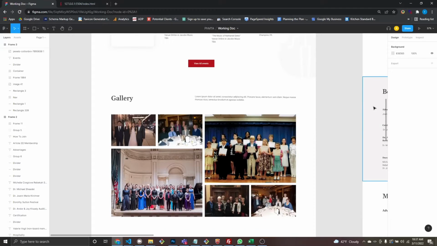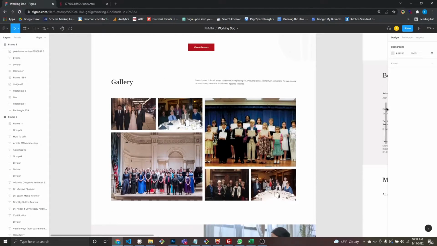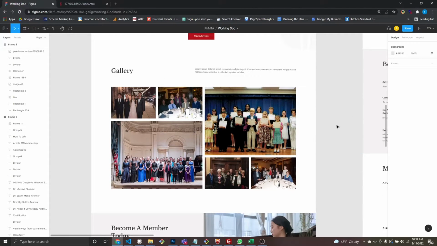Then we got our gallery. We're going to do a little grid here. And when I'm looking at this, immediately people go to grid, which is fine. But it's such a pain in the ass to work with for me. I don't like it. So it's great for certain aspects, but I think with this, what I'm going to do